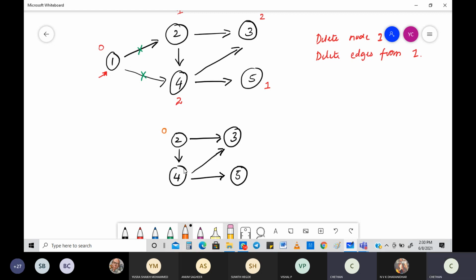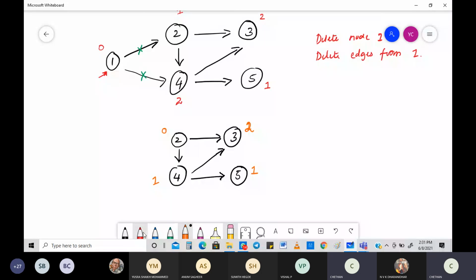When you take 4, what is the in degree of 4? I think there is 1. When you take 3, what is the in degree of 3? It is nothing but 1. No, 2, sorry. There are 2 edges that are coming through here. Then with regard to 5, the in degree is nothing but equal to 1. Okay, the graph has reduced to this one now.